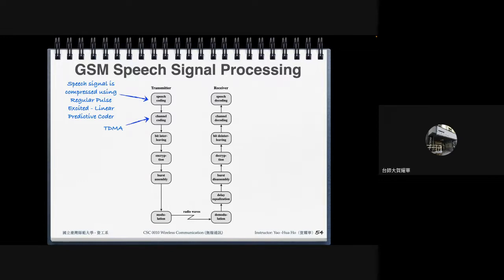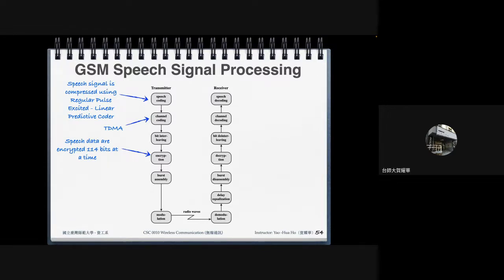Just like what the student asked, the size of the time frame are different. So I need to do a channel encoding based on the channel handshake, the requirement or channel assignment. Then you do a bit interleaving. Those we skip a little bit. Then the speech data rate are encrypted into 144 bits at a specific time, because later on